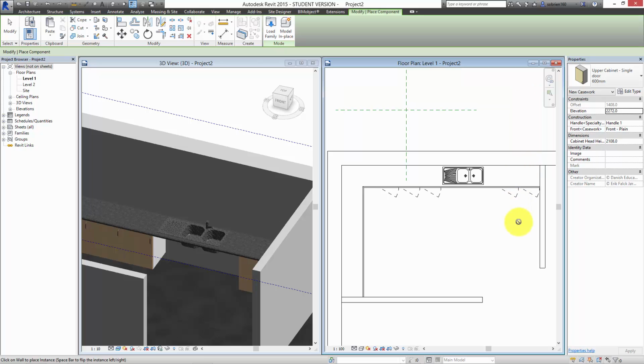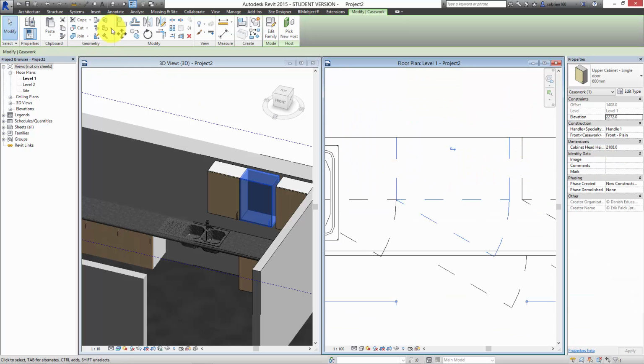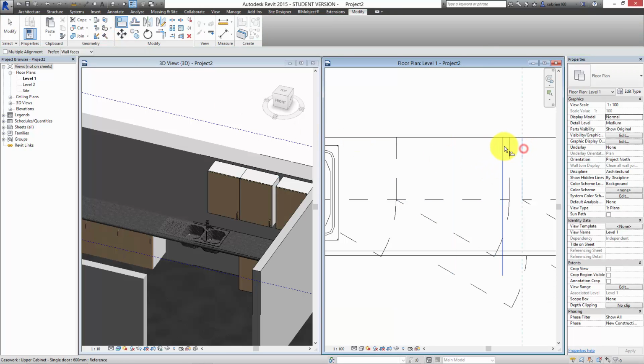So if I try and place these upper level cabinets anywhere in the middle of the floor here, this little circle with the line through it is telling us that that's not possible because they're face-based elements. So we actually need to select a face or an edge of a wall in order to be able to place them in the drawing like this. And of course, once you place them, you can play around with aligning them afterwards, moving them,